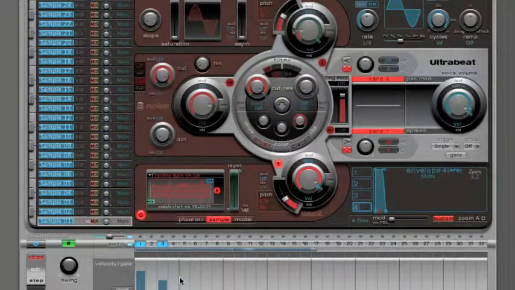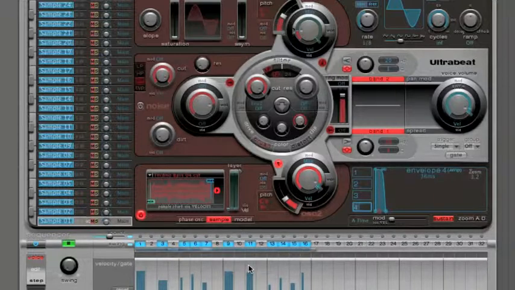So I'm just going to draw in some random things here and kind of tweak and adjust as I go. And this is where it's kind of fun to experiment. Okay, so you can see where we're going with this, and we can create some more patterns, but you can